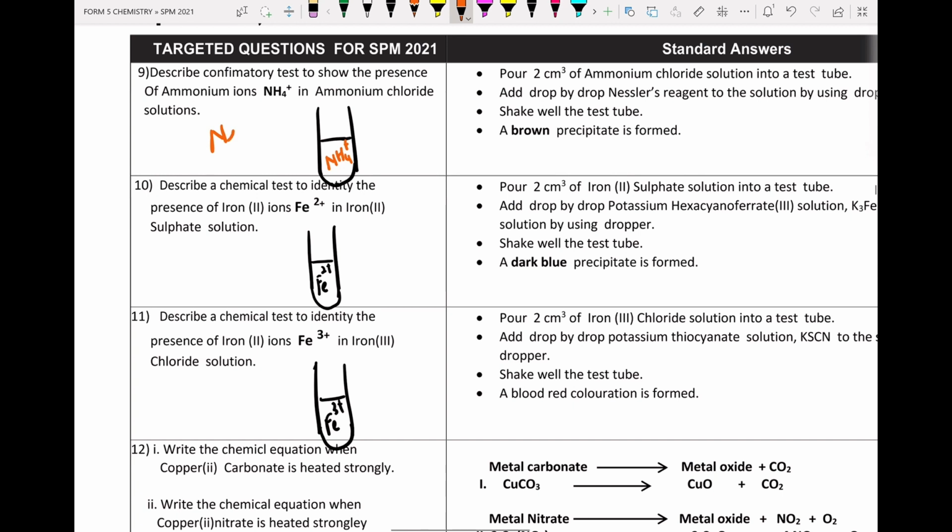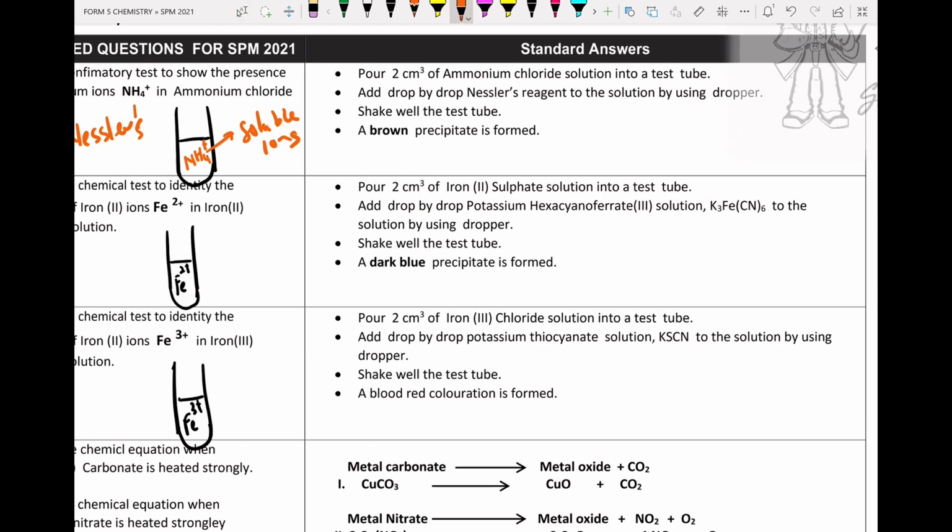All right, move on to the next one, ammonium ion. Very important, please remember Nessler reagent. Ammonium ion is always a soluble ion. To test, we need a special reagent known as Nessler reagent. So we pour 2 cm³ of ammonium chloride into a test tube. We add drop by drop Nessler reagent solution using a dropper, shake well, and we will get a brown